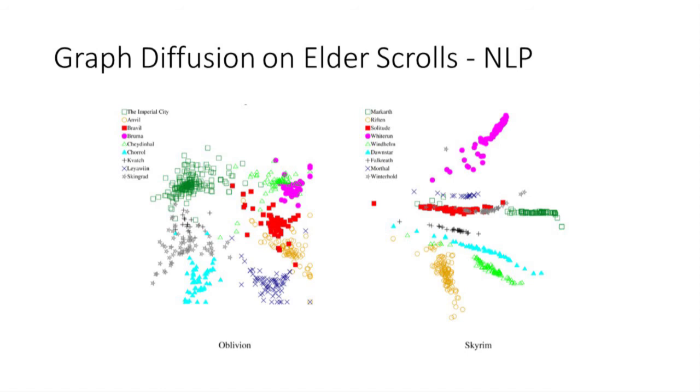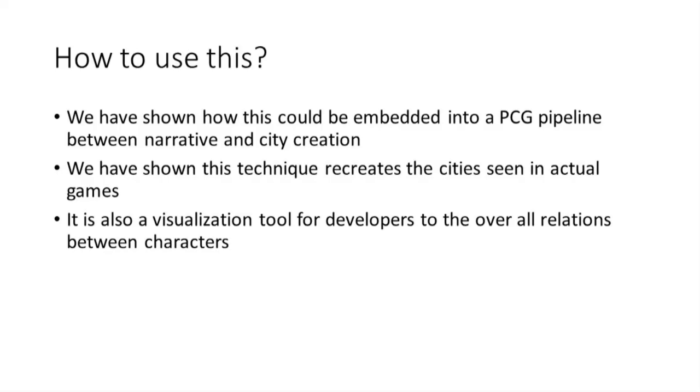In Elder Scrolls, it's a little bit more diverse in terms of its positionings. Oblivion has these kinds of ranges and zones, and Skyrim is more connected in these long, giant lines. All of these show that we have clusterings around different people within these city groups. There's a lot more details about these systems within the paper and some of our repercussions of this, but the